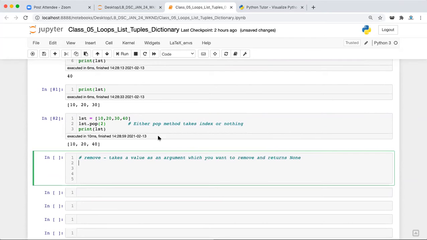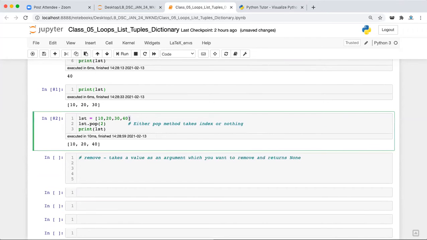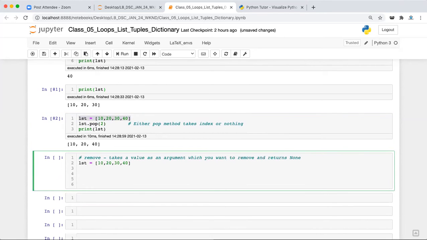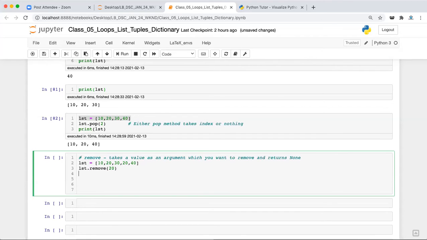For example, let's say I have this list, and I write lst dot remove and, let's say I want to remove 20, so I write 20. What if I have duplicate values inside it? It will remove only the first occurrence of it. Let's print lst after this and execute this.